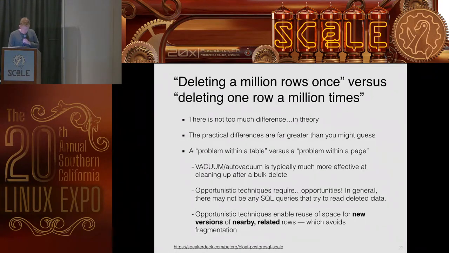Another way of looking at this, another example I think encapsulates what I really mean here. If you think about it, deleting 1 million rows once versus deleting 1 row 1 million times, theoretically these are kind of the same thing, or very close to it. But I think in a practical setting they're usually not. And what I mean by that is,